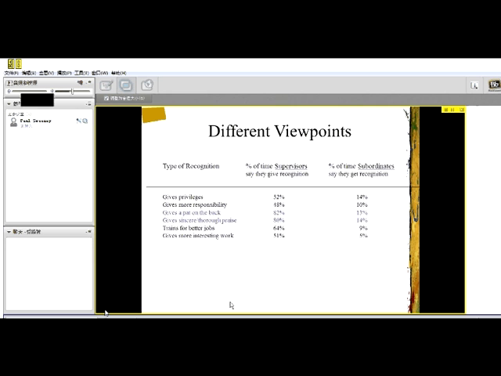Now, one criticism of the study is, well, gee whiz, as managers, you don't have the resources or the wherewithal that every time somebody does something good to give them some reward. That's true. It can be expensive. You run out of rewards pretty quick. But you know what? Take a look at these 2 rows here. I think giving people a pat on the back doesn't cost anything, or praising them. Hey, what a great job. I think that's pretty free. But yet, that's where we see the biggest gap in perception among paired supervisors and subordinates. That to me is pretty fascinating, and I don't know what conclusions you draw, but what I see is that perception is important.